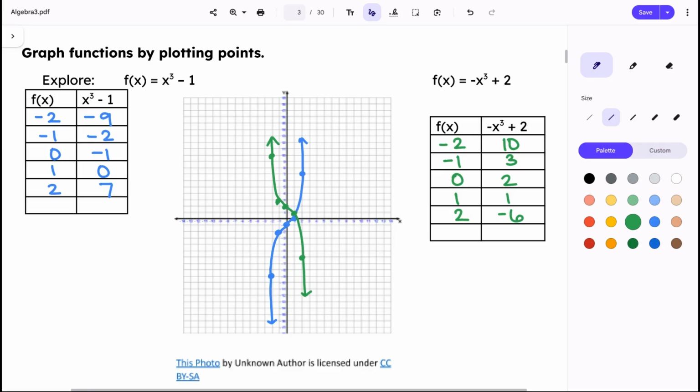And then that second one also says -x to the third. So that's going to cause it to reflect. So they are going to be a little bit different from each other there. All right, questions on graphing those things? Okay,